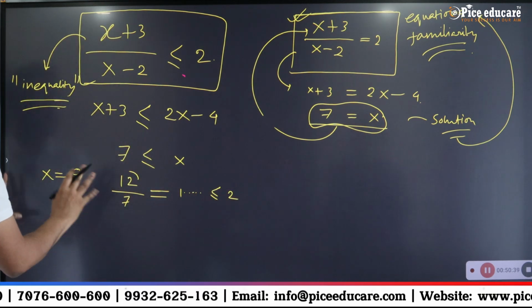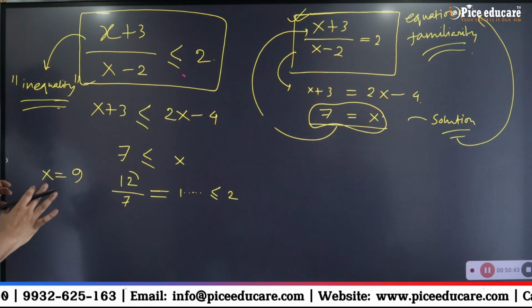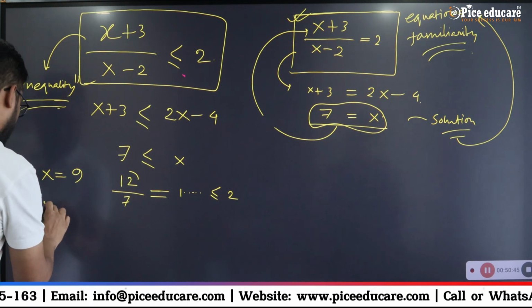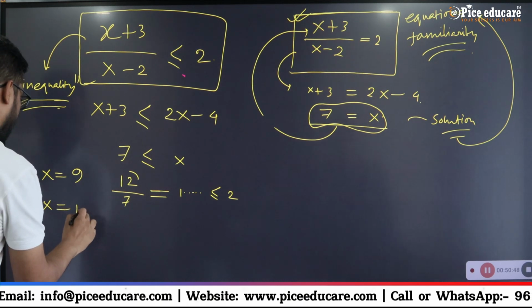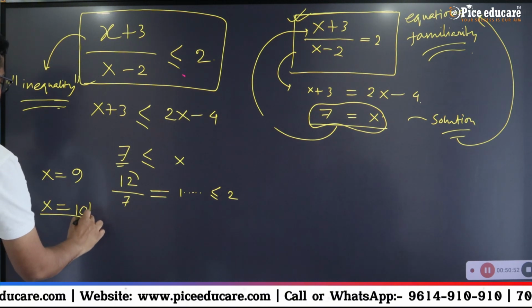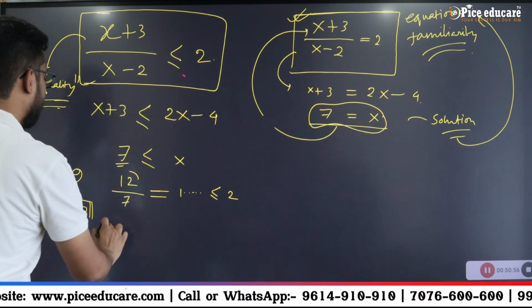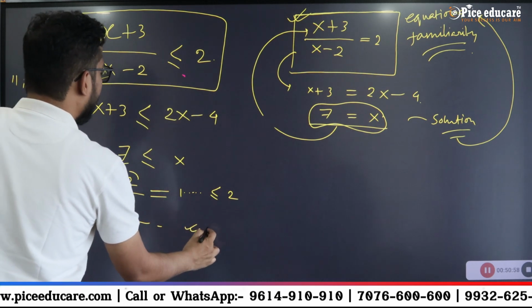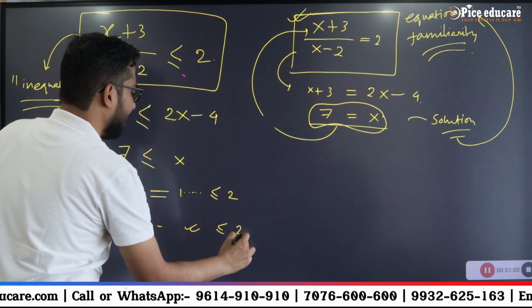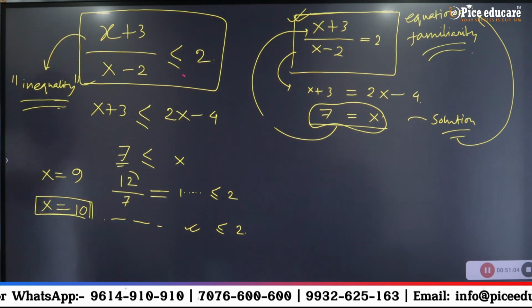So we are fine with this. If I go on using numbers higher than 7, every time we take certain x which are bigger than or equal to 7, we'll see that whatever quantity we get, it will be less than or equal to 2, which is our requirement. But my question is,